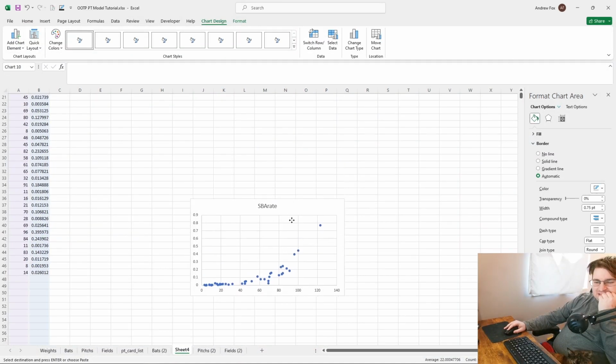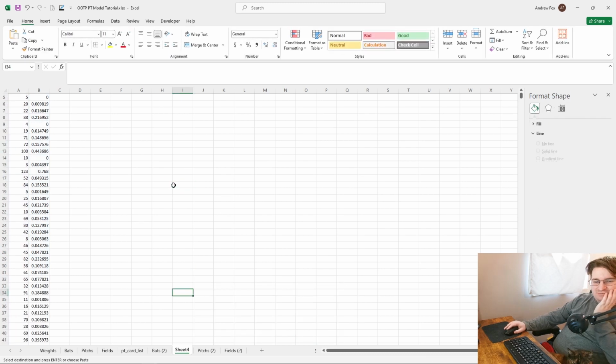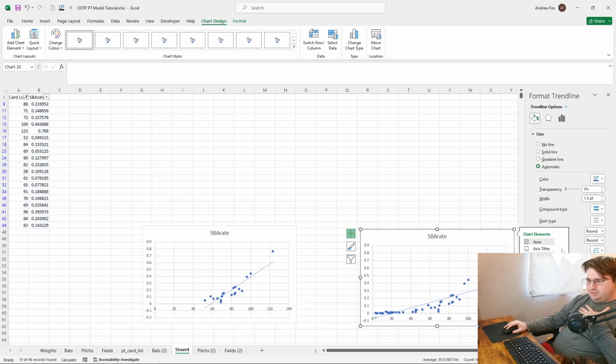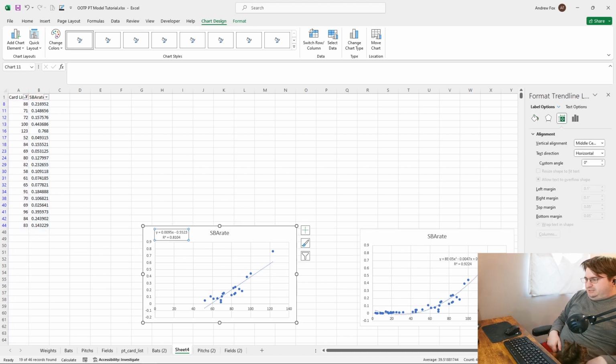I'm going to move this down. I'm going to take a look at how many I have if I take out everyone below 50. I like the way that trend line looks on the left there. Before I do anything, though, I'm going to change this trend line. I am torn on this one because